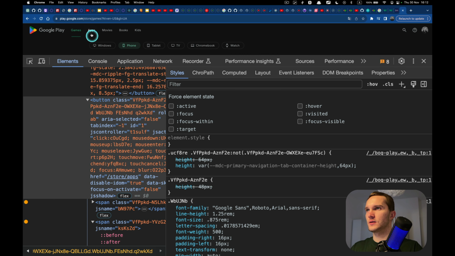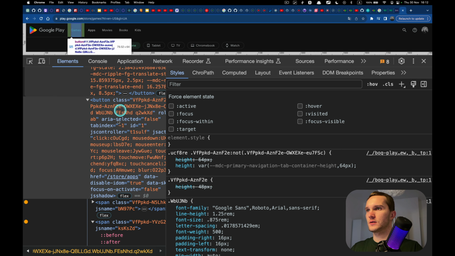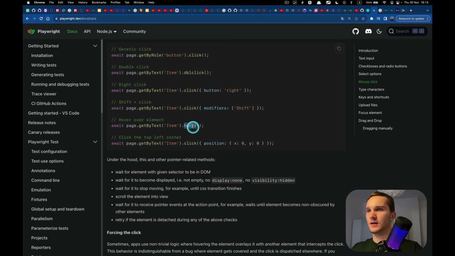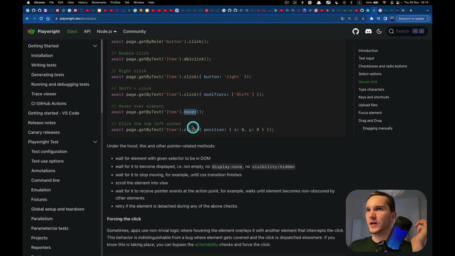Okay, you see, when I hover over the element, it changes the text color. So I found this button, and here I'm doing the hover, and it changes the color. I was showing you the hover. Okay, remember we had 5, then we have this hover, then this is 6, then we have the click with some position on the element.